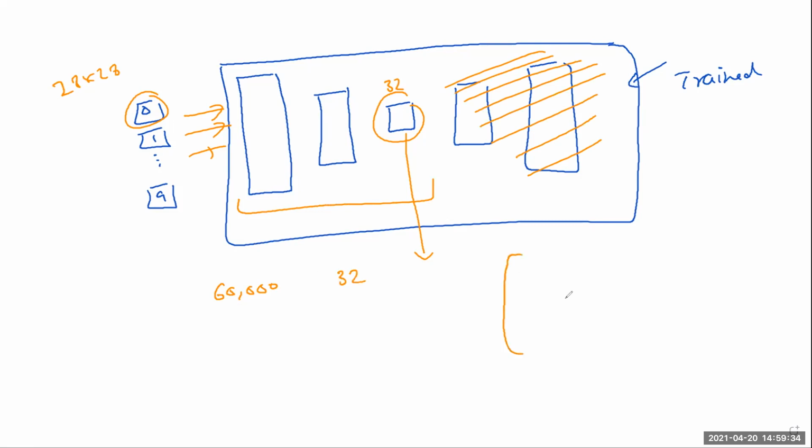Okay, so you can make a matrix where you have image number one, you have 32 values here, image number two, 32 values here. So you have a matrix of 60,000 cross 32, right? Previously it was 60,000 cross 784. Now you see these 32 values, you can consider them like feature vectors, that you had raw images which you have converted to a feature vector of size 32, and now you can use this to